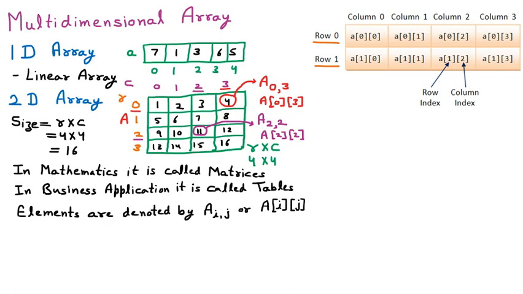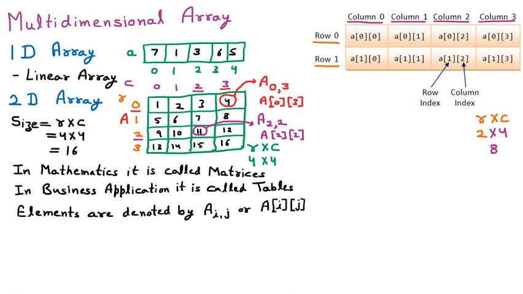That means if we say row cross column, then the rows here are 2. Now talking about the columns, there are 0, 1, 2 and 3. That means 4 columns are there. So these are the 4 columns. That means 2 cross 4. So this is the matrix, called a table or an array, of 2 cross 4. That means how many elements can come here? 8 elements can be here. So the size of this 2D array is 8.